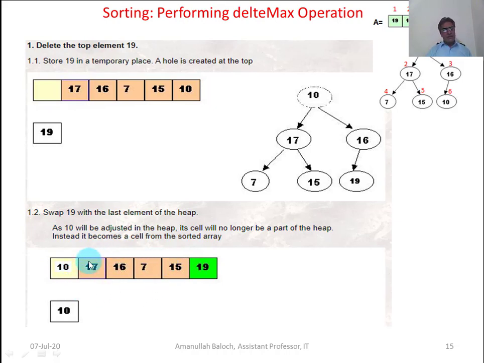The rest of the 5 elements are also locations of the array, but now they are considered as heap. The size of the heap was 6, now the heap size is 5, because the rest of the elements are 5. Now the computer calls the maxheap procedure, which will find where in the max heap this 10 will go down.